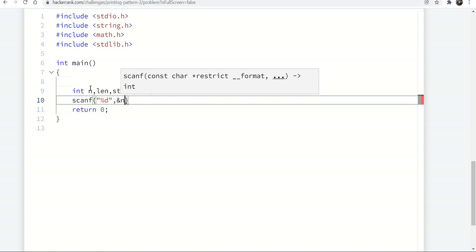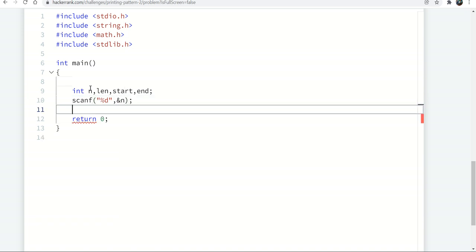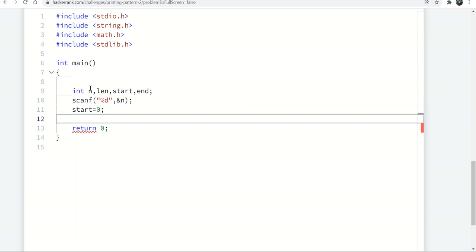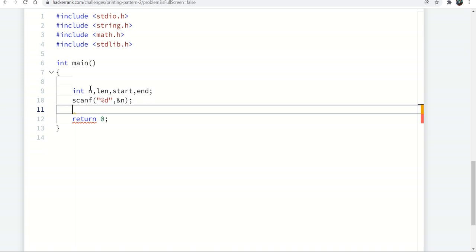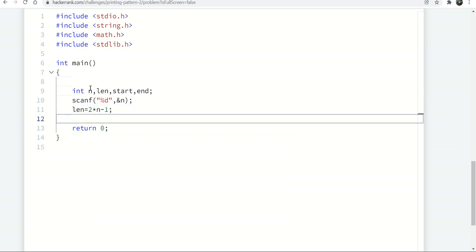Now we will be scanning the value, and now we will take start equal to 0. I will explain later again how it is running. And the end equal to... wait a second. Length is 2 into n minus 1, the pattern it is printing, so like that it will work.